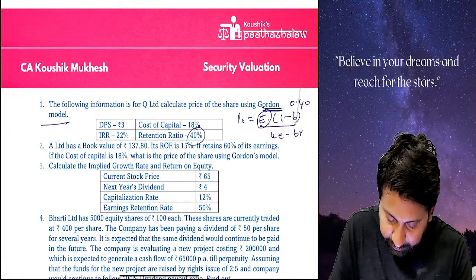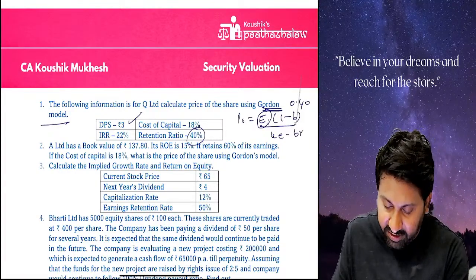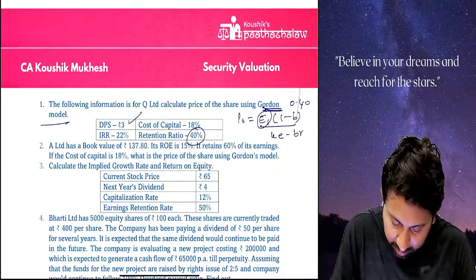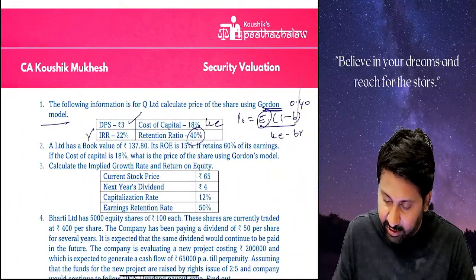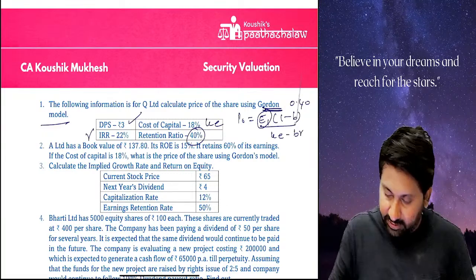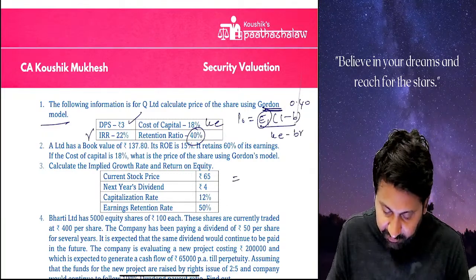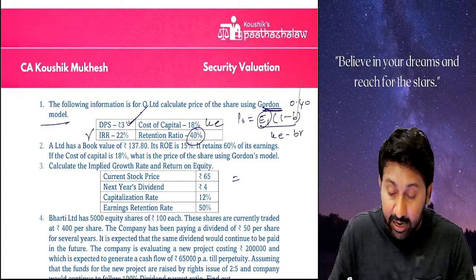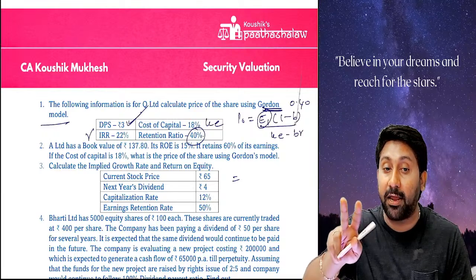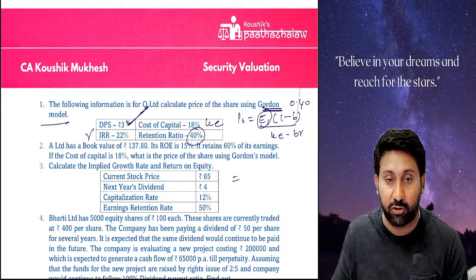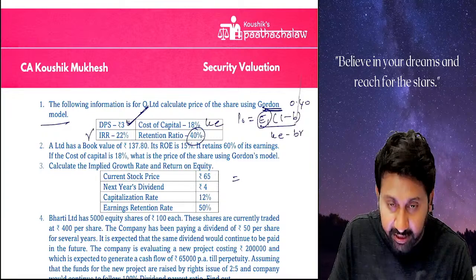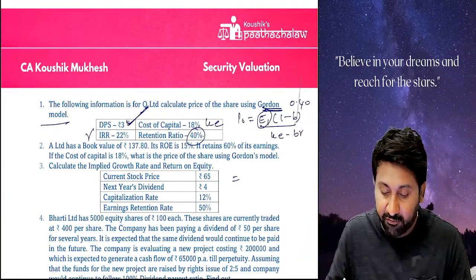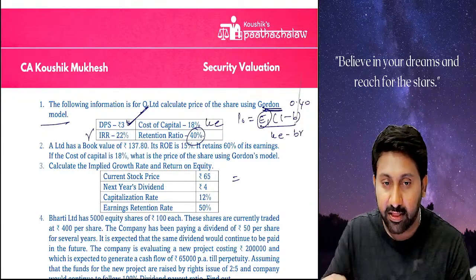Here if you observe, EPS 3 was given. EPS is 3. IRR means R. Cost of capital, KE. KE minus B into R. See here. E, you forget about it. First point. D they have given. How much is the D? 3. Retention is 40. Means how much is the payout? 60. If 60% is equal to 3, and 40% retention, how much will it be? 60% is equal to 3, means 40% is equal to how much? Okay, the balance 2 rupees.